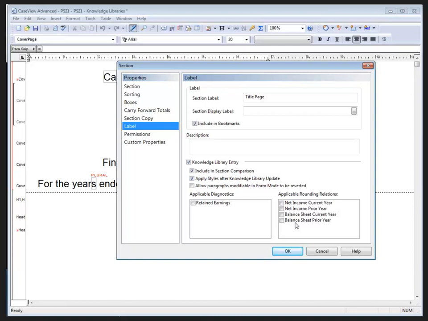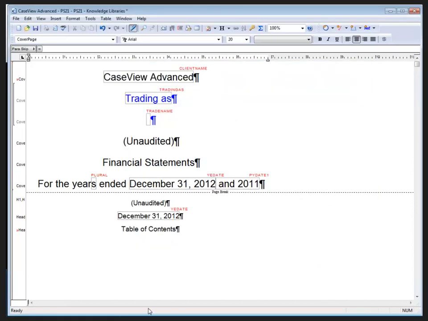And another tip, we recommend using labels for all rounding relations. With a label attached, any changes to the rounding relation, such as renumbering a cell, will still update correctly during Knowledge Library updates. I'm just going to click OK here, and I want to create a section of our own